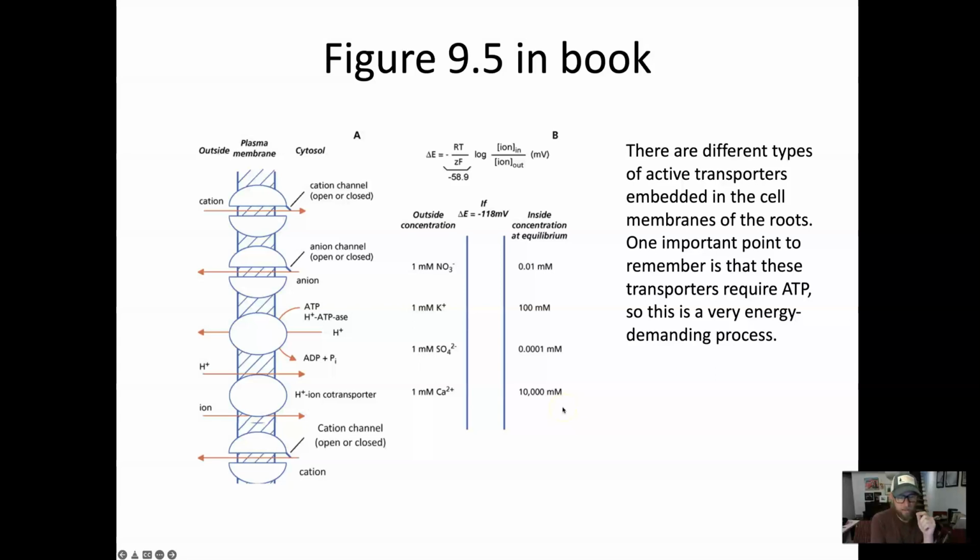What's important about this is that plants, because of these active transporters and their ability to close and open the gates, can lower the concentration really low outside the root system, but have really high concentrations inside the root system. If they didn't have active transporters, due to diffusion, those nutrients would just diffuse back out of the root, and that would prevent any more uptake. But because they can actively take up and lock away these nutrients in the root system, it can really crank down the concentration outside the root system and bring those nutrients in. So it's really important for drawing down the concentration at the root surface. Okay,